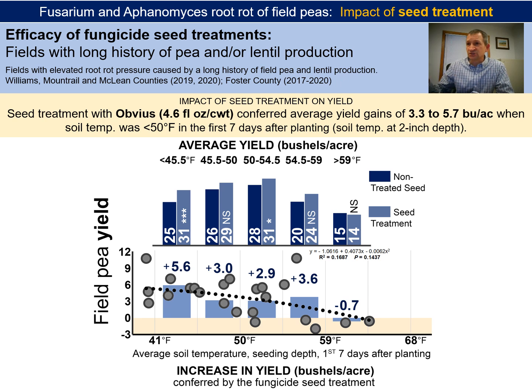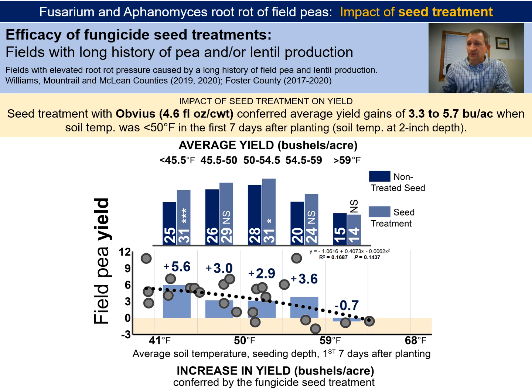to make decisions on when to plant. If you know what your current soil temperature is, day and night, at seeding depth, and you know the 10-day forecast, you can target a soil temperature within this range with really very good accuracy. Okay, so the bar graphs show the average yield conferred with non-treated seed versus treated seed in the particular studies